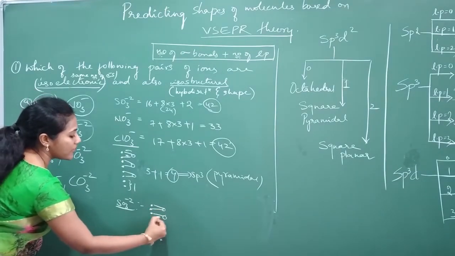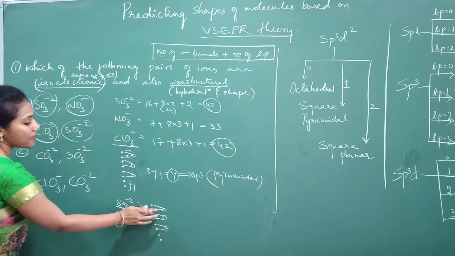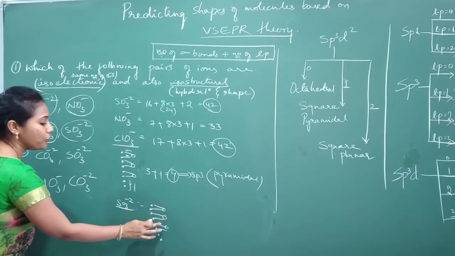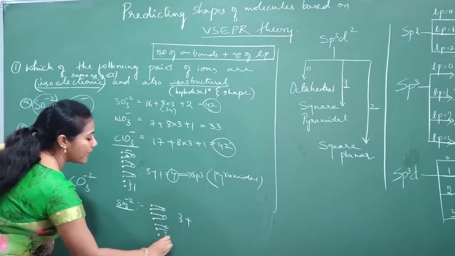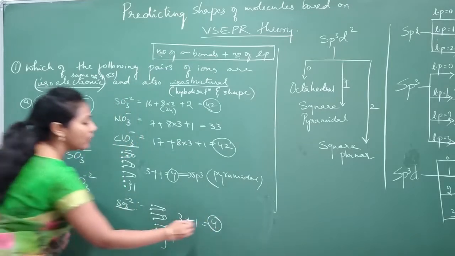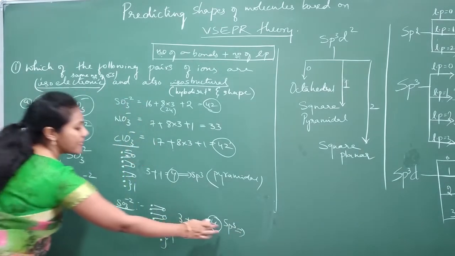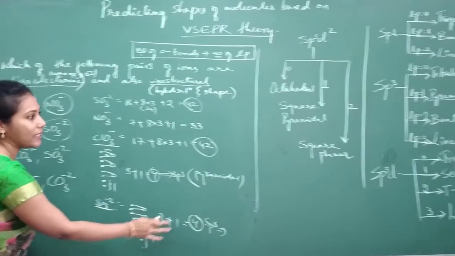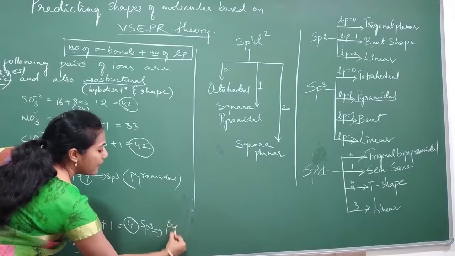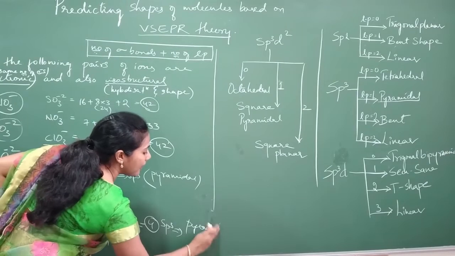And 3 oxygens, each oxygen will take up 2 electrons, I told you. So 3 oxygen. So how many sigma bonds? Among them you should count only sigma. Okay, 1, 2, 3. 3 sigma bonds plus how many lone pairs? 1 lone pair, right? And what you are getting? You are getting 4. 4 in the sense sp3 hybridization. And now check the shape. sp3 hybridization with 1 lone pair. It is nothing but pyramidal. Are you getting same hybridization as well as shape? Yes, pyramidal.